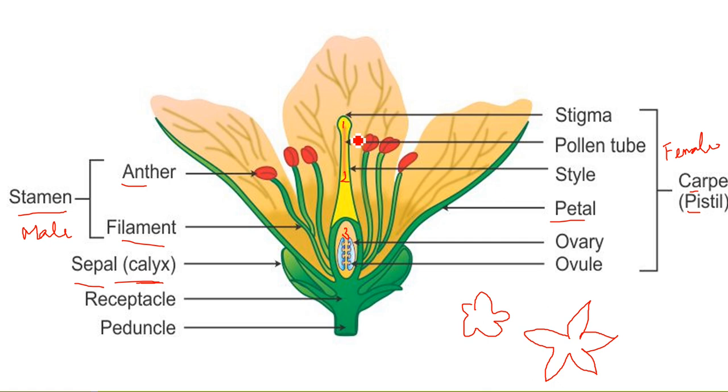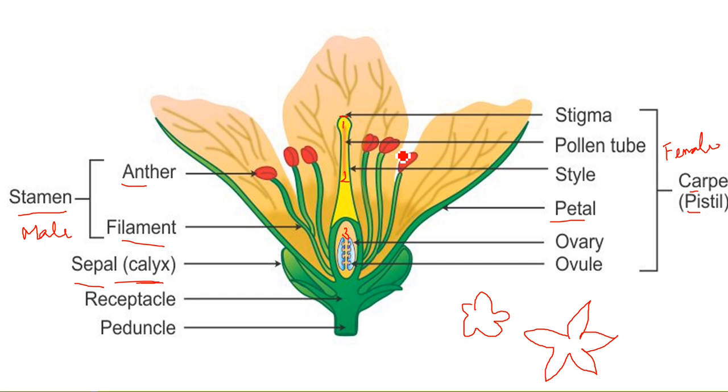The first part is like a receptacle surface. Receptacle surface means it's a sticky surface, thus the name stigma. When there are pollen grains spread or dispersed in the environment, they will land on some surface. Okay, so stigma acts as a landing surface for pollen grains. It is sticky so that once the pollen grain comes, it will not go with the flow of wind or flow of water.